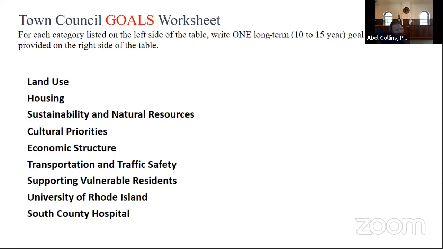I'd just like to take one step back to cultural priorities, and maybe it even ties into economic structure. One thing that's great about the town is all of the historic buildings that were given to the town, and the properties that go along with them. The Hazards were teetotalers, and my understanding from Rob is that the provisions whereby the town agreed to have all these be dry facilities into perpetuity